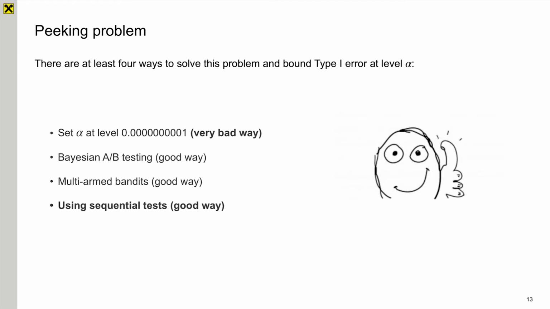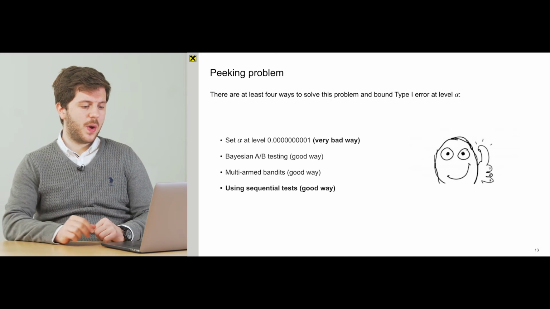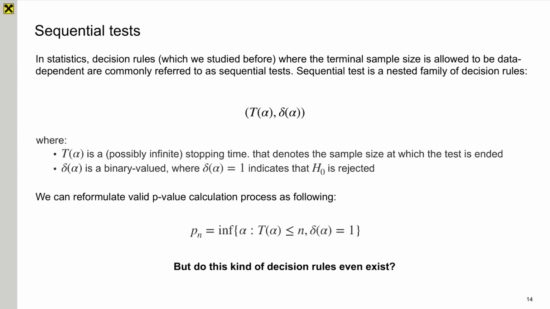It's a very popular way in some companies to continuously monitor A/B testing without inflating type 1 error rate. Actually, sequential tests in statistics is a family of decision rules which tells us when to stop the test. And it's parameterized by 2 things. The first one is t, the sample size when the test is ended. And the second one is delta, which is a binary valued variable that takes value of 1 when null hypothesis is rejected and